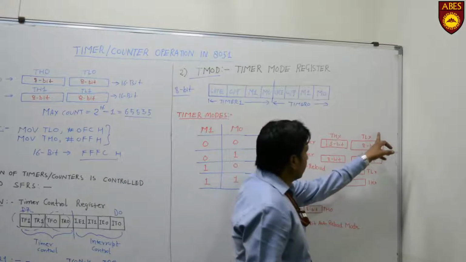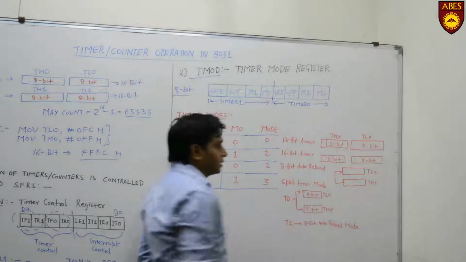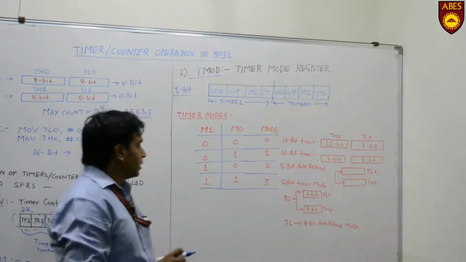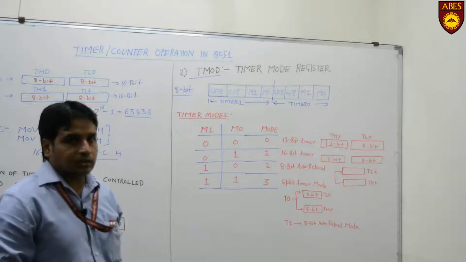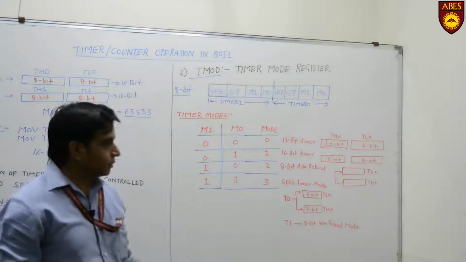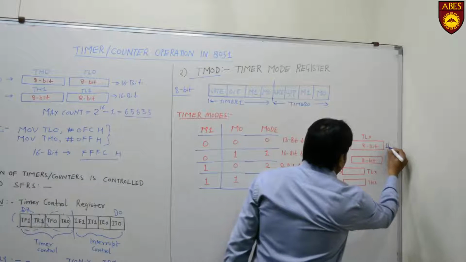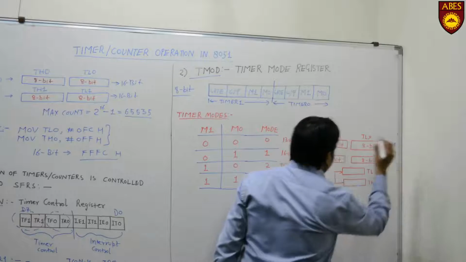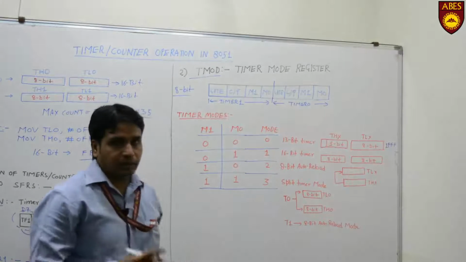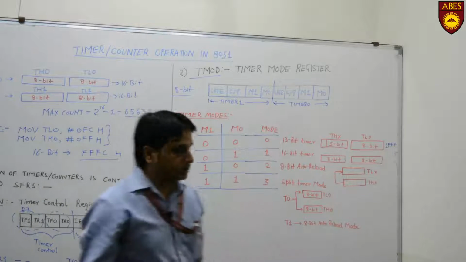So 8 bits of the lower order registers are used, and 5 bits of the higher order registers are used, and this makes a complete 13-bit word for the mode 0 timer. So in this case, the maximum count that I can load in this register, because of the 13 bits, is 1FFF in hexadecimal. We can find it with the help of simple 2 to the power 13 minus 1. It is coming as 1FFF in hexadecimal.